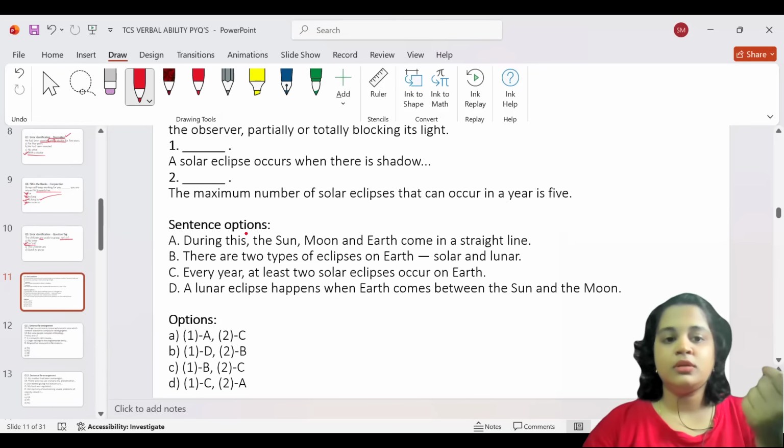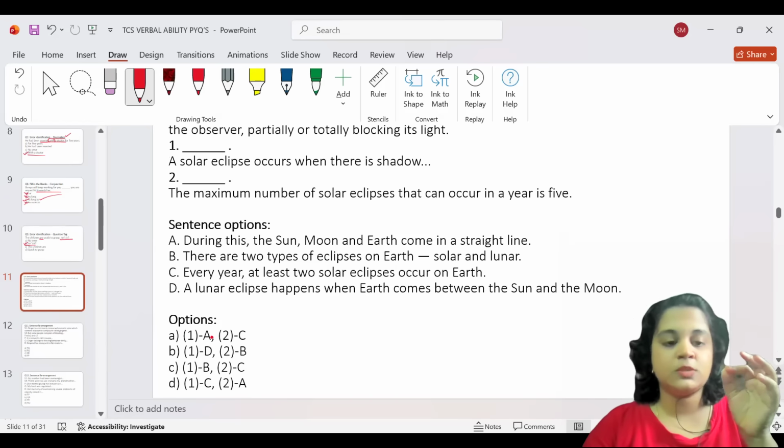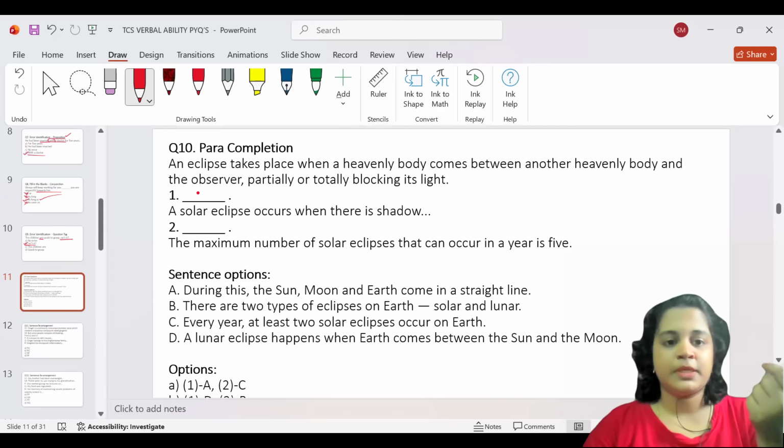And if you find one option correct, another thing you can do is quickly go to the options and check if there is a pair that follows the correct answer that you've chosen. And if there's only one option that matches it, from the multiple choices provided here, then you can blindly choose it because it's going to be correct, right? So let us try this particular question.